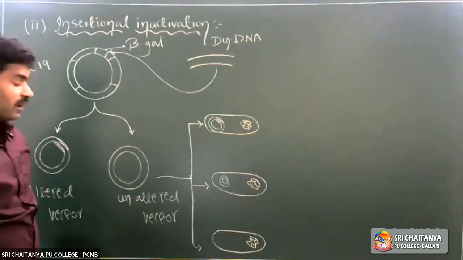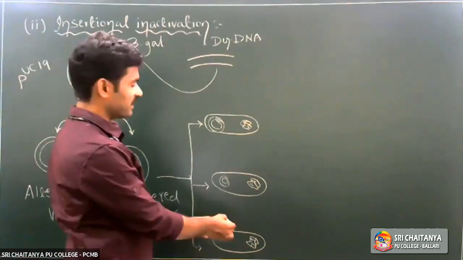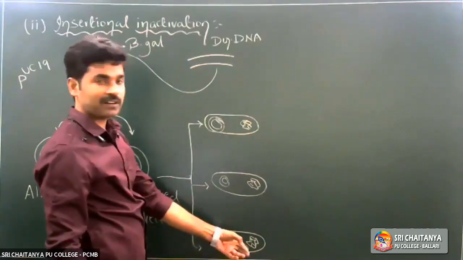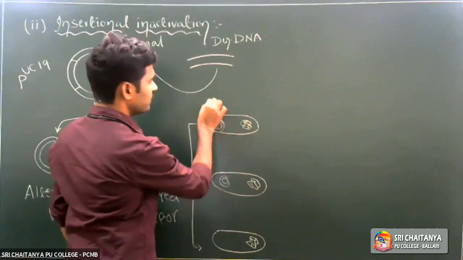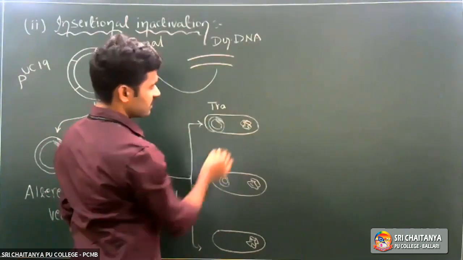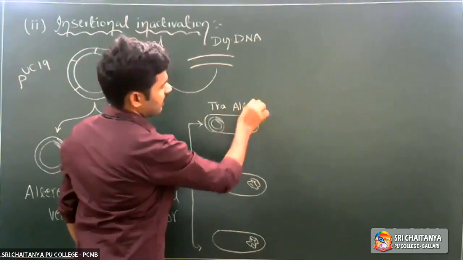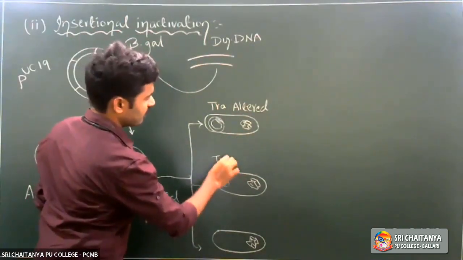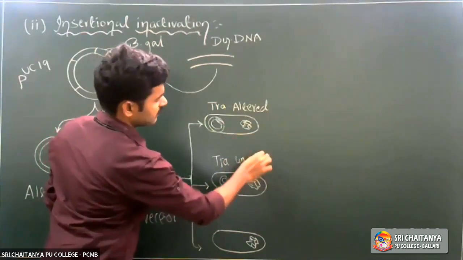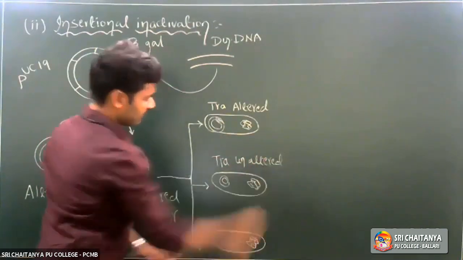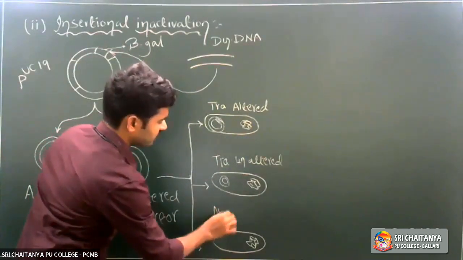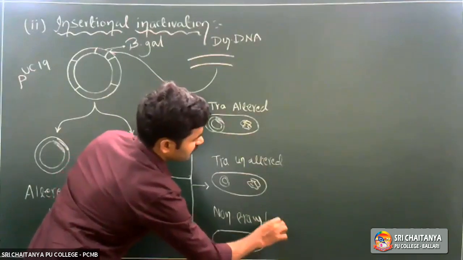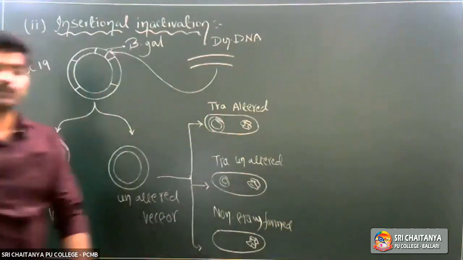It does not have any insert, right? That type of bacterial cell does not have any vector or foreign genetic material. These are non-transformed cells. Not only so, this is a transformed cell with altered vector, right? The second one is a transformed cell with unaltered vector. The third one is a non-transformed cell, right? So these three types of cells,